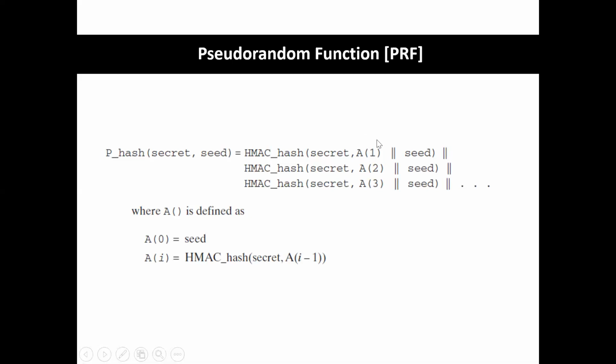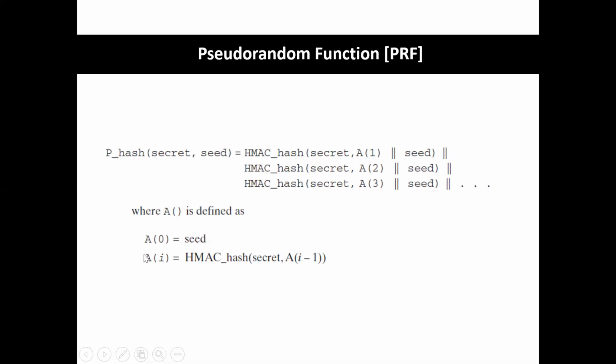We will see this in detail. Lastly, the seed and A(1) are appended, again with HMAC_hash. The same process is going to repeat. Now you generate A(2), then you take A(2) as input here, then A(3), next A(4). Likewise it will go, where A(i) is defined with A(0). What is A(0)? It is nothing but the initial value, the seed I mentioned.